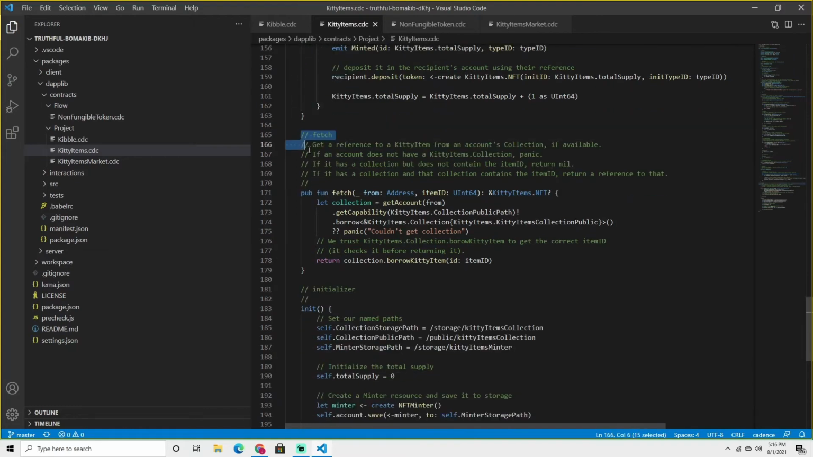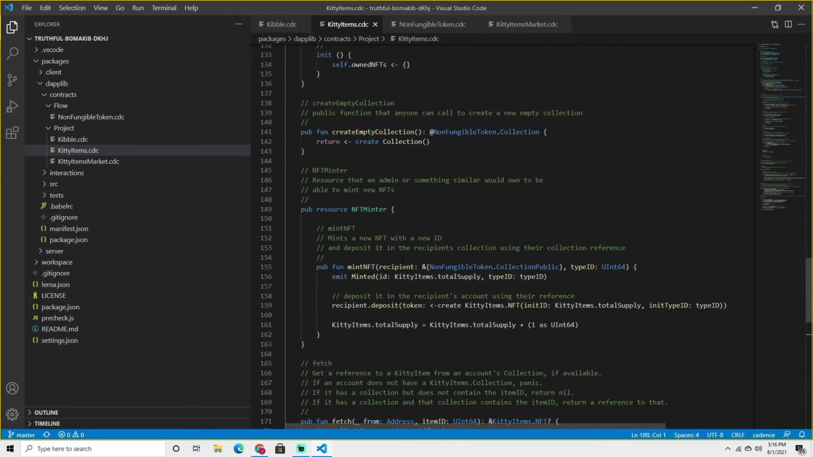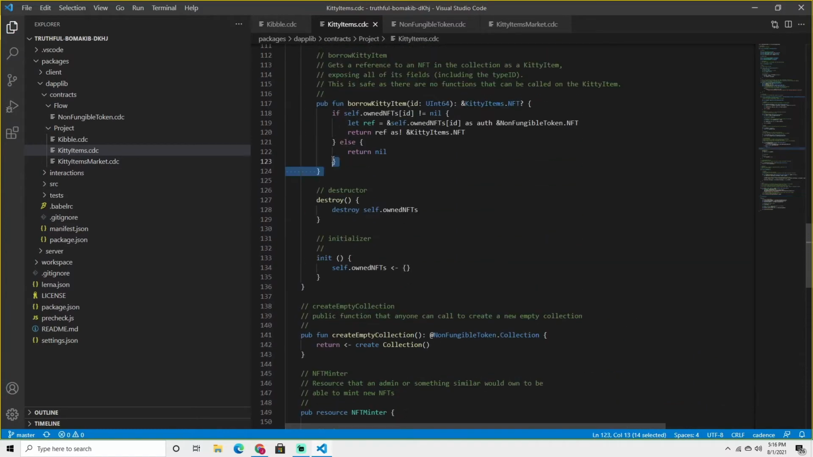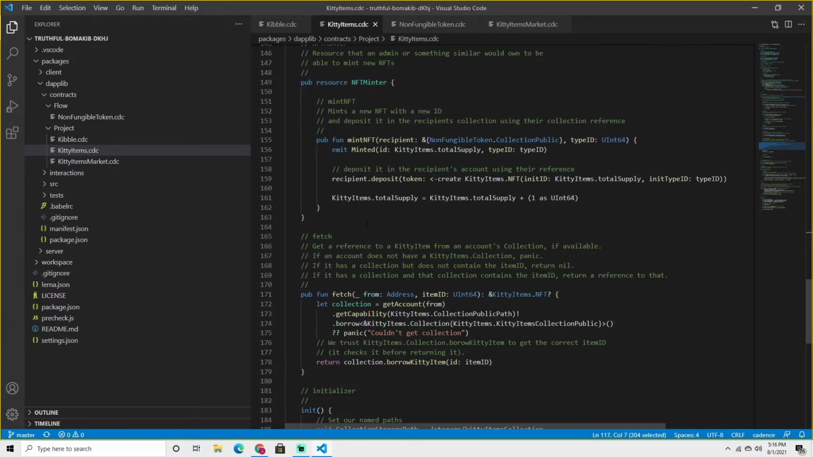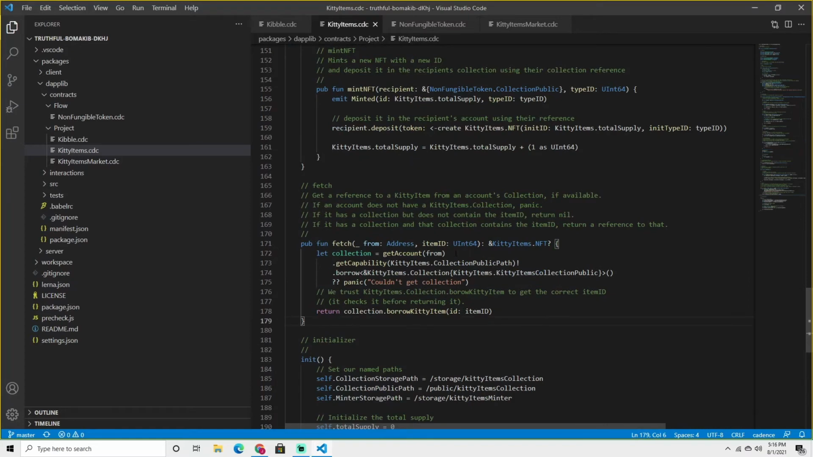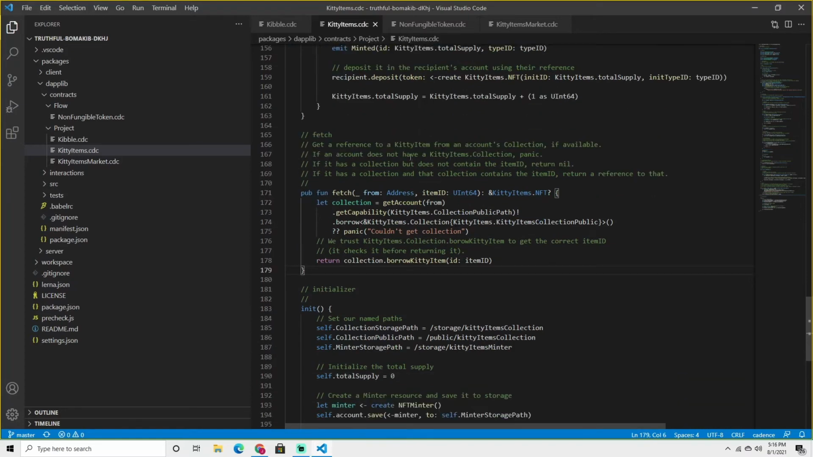Then I'm going to skip over fetch because this is kind of an irrelevant function. I honestly don't know why this is included in this contract, because you can simply just access a KittyItems NFT with this function here. So I'm not going to go over this because it's very confusing and you won't ever end up using this. But if you're curious, all it does is get a kitty item reference from someone's